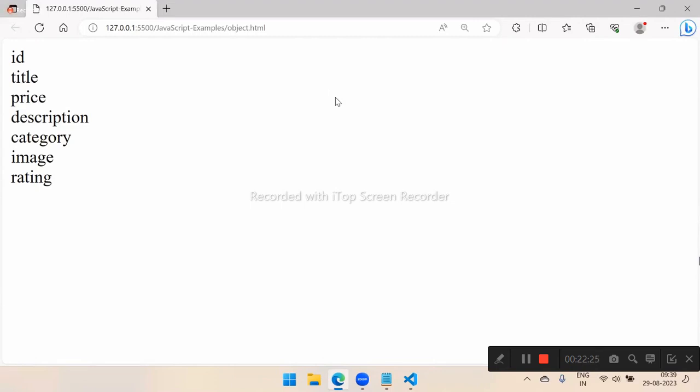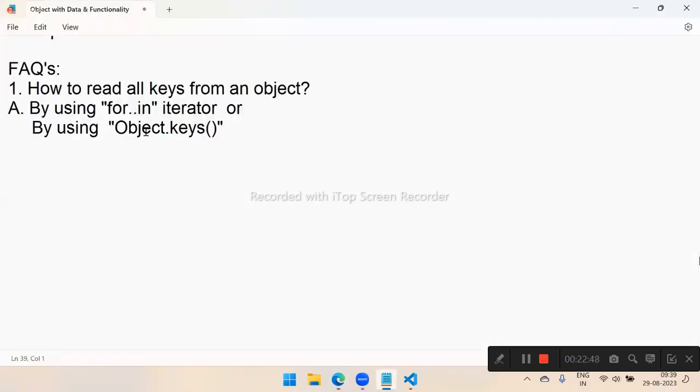Yesterday you saw the NASA API. One of the major doubts was, so many things are there in that, how do I know what it contains? Just write a simple for in. It will read all the elements and show you. So this is one technique: you can read all the properties from an object by using for in. Syntactically you write it like this: for property in